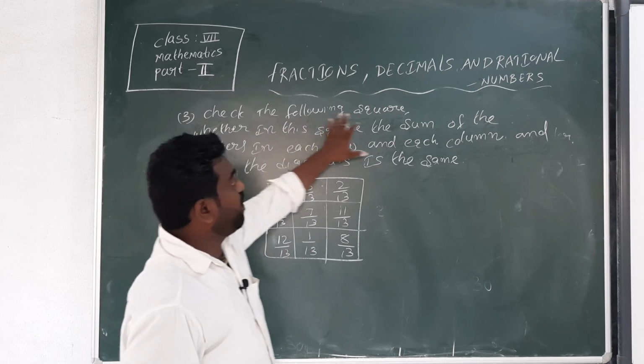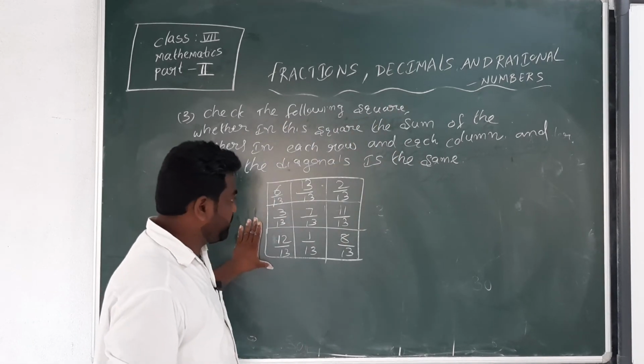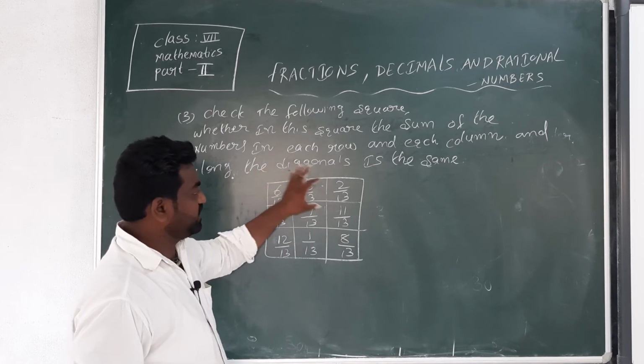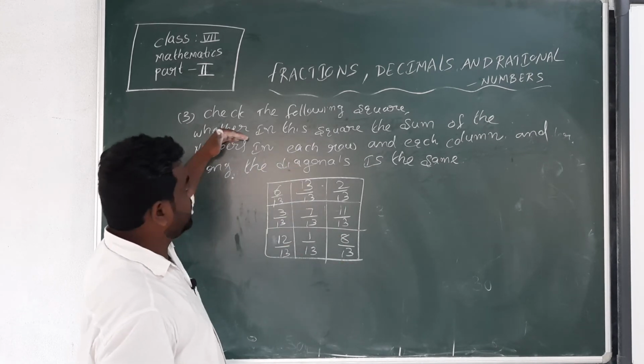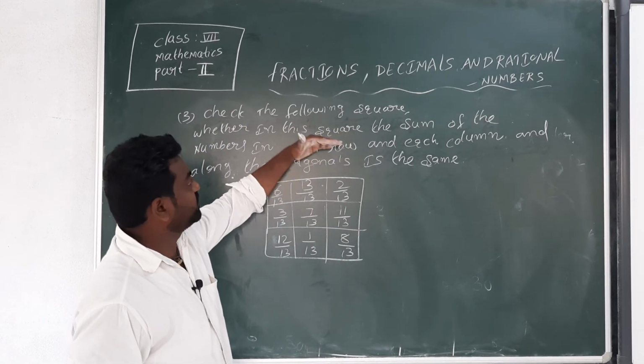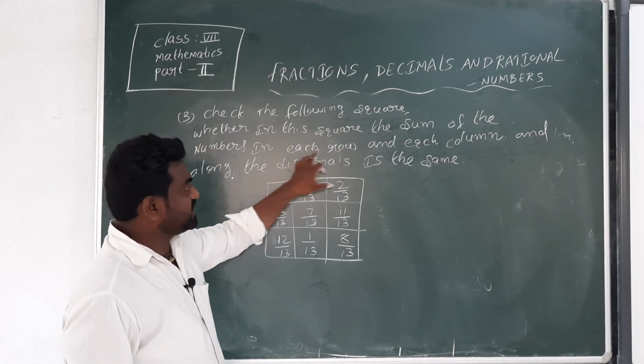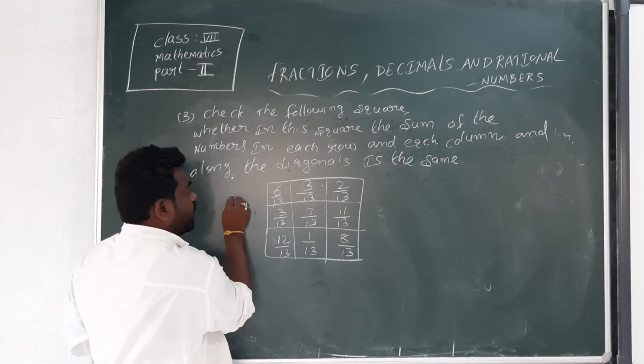These are the fractions. We check whether in this square the sum of the numbers in each row,